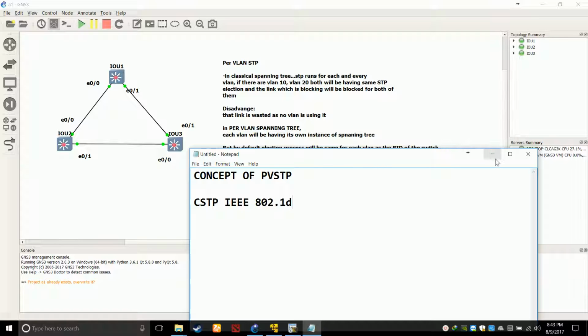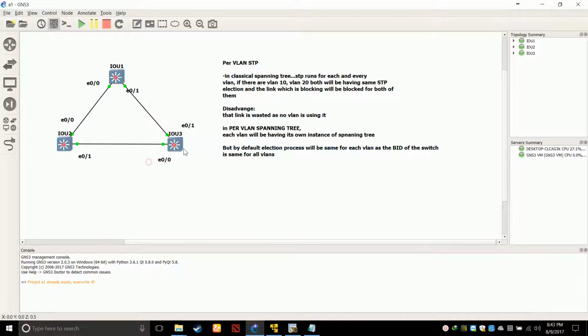In spanning tree protocol, if you know the election very well, you know how it happens. The very first thing, the root bridge is going to be elected, then the root port and DP and blocking and all these things. So in this video, we'll do that, and then we'll talk about what is the disadvantage of having classical spanning tree and how can the disadvantage be taken care of by using a very wonderful flavor of spanning tree, which is per VLAN spanning tree.